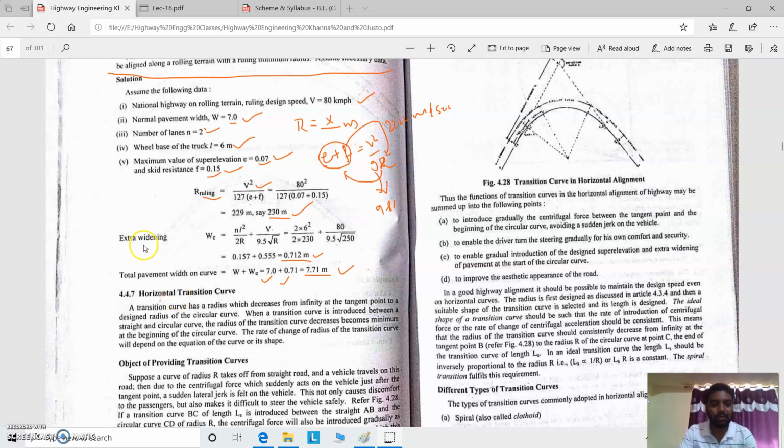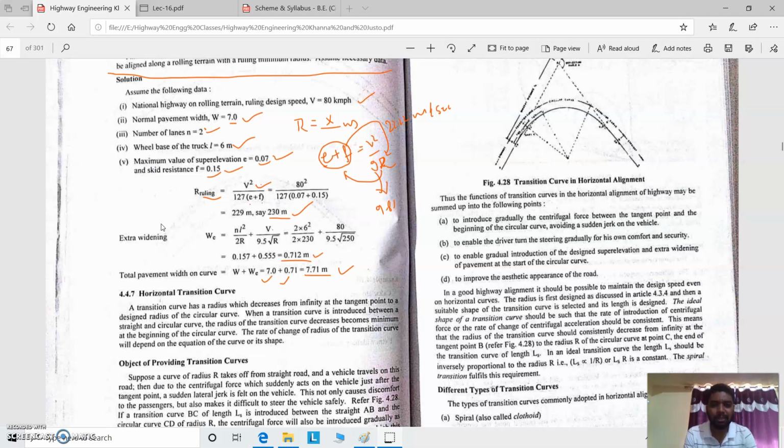Apart from that we have another curve, that is the transition curve. This curve is considered because almost all the time we cannot provide a circular curve on the horizontal alignment. Sometimes it is necessary to provide a transition curve in the horizontal alignment because the circular curve is not capable of providing a super elevation on a particular radius, and it is not capable of providing an extra widening in particular alignments in particular situations. In such conditions we have to consider the transition curve.